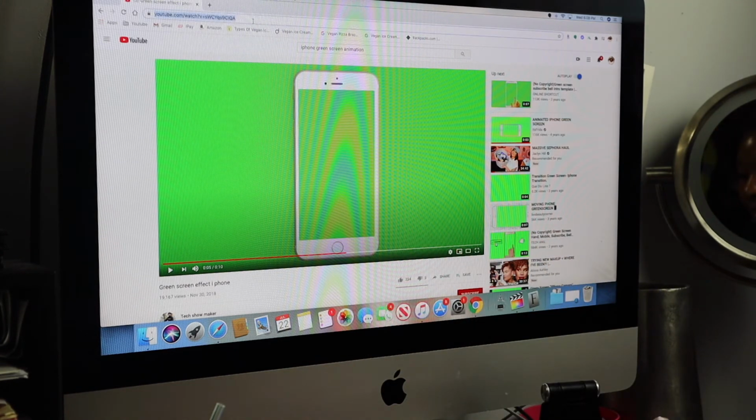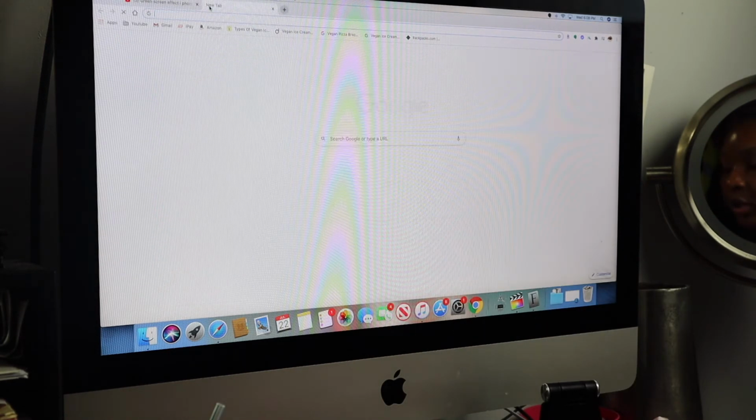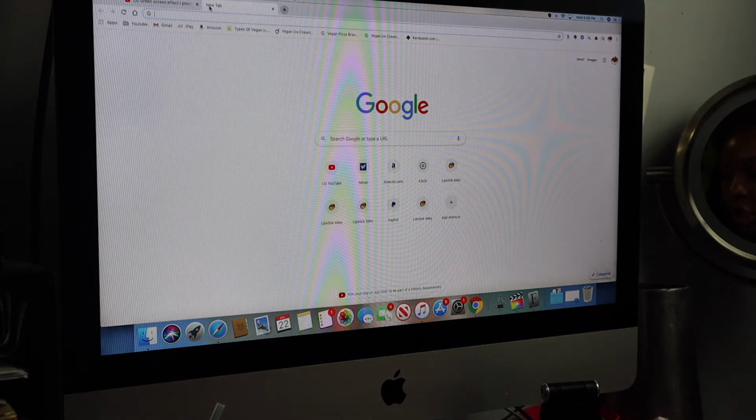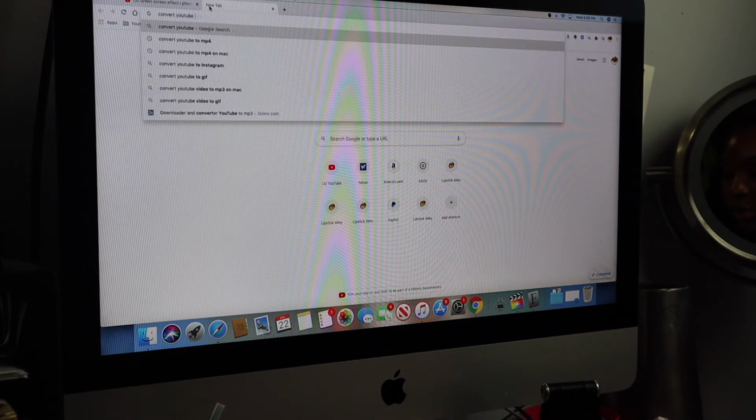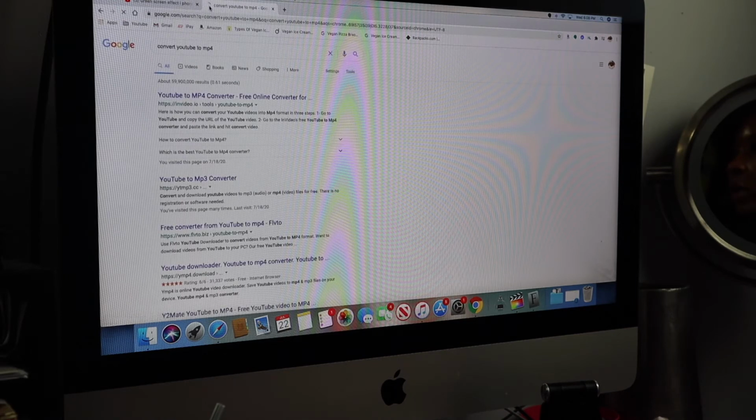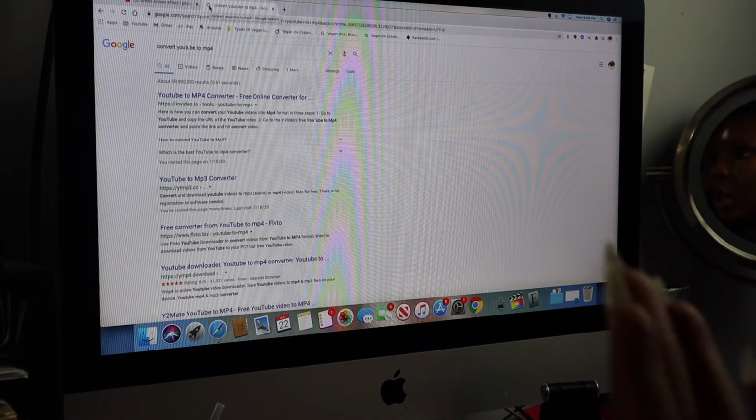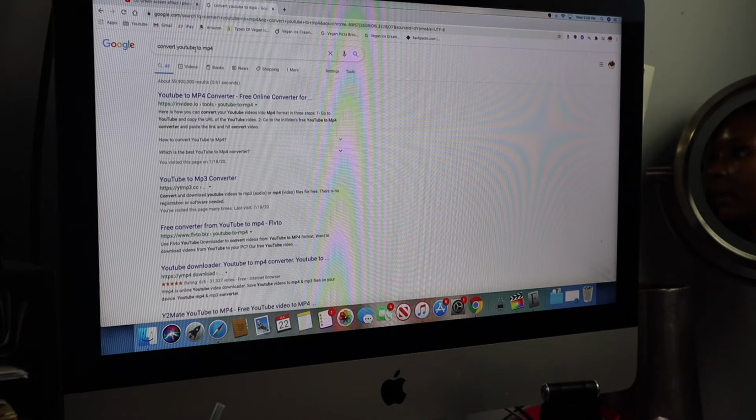So I'm gonna go ahead and copy the link from YouTube, and I'm gonna go in Google, and I'm just going to search convert YouTube to MP4. So if you ever want to convert something like the actual visual, you put MP4. If you want to convert something like the audio, you'll put MP3. So I put convert YouTube to MP4, and this is the website that I love using,